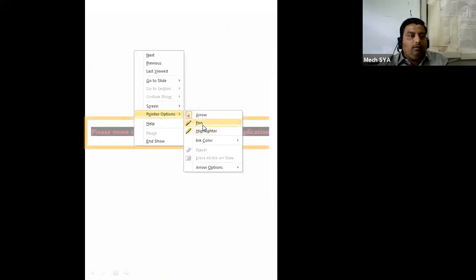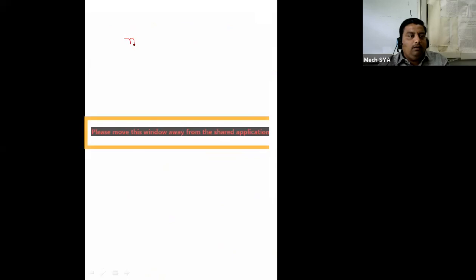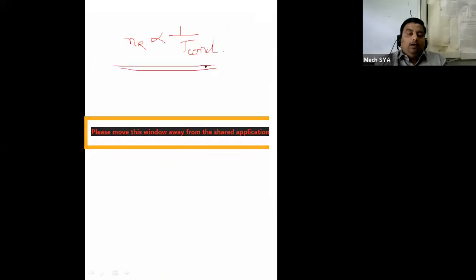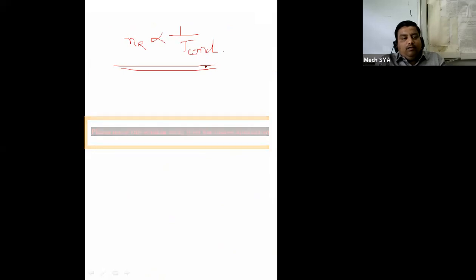Now the second effect is condenser pressure. If the condenser pressure is reduced, the efficiency increases, so eta Rankine depends on condenser temperature TC. Another effect also we got: condenser temperature, heat rejection in condenser should be as less as possible, means condenser temperature is inversely proportional to eta Rankine.